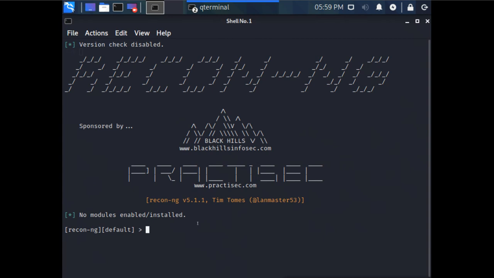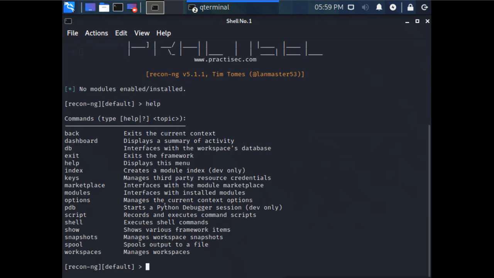Here you can type help to get more information. You have different modules. You can see the modules, whatever modules you have. If I want to see the modules, I will say show.